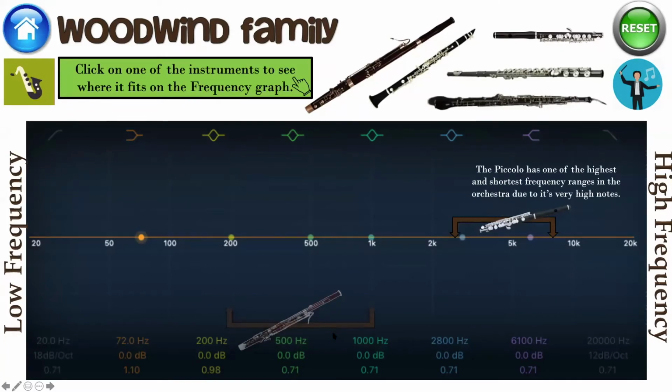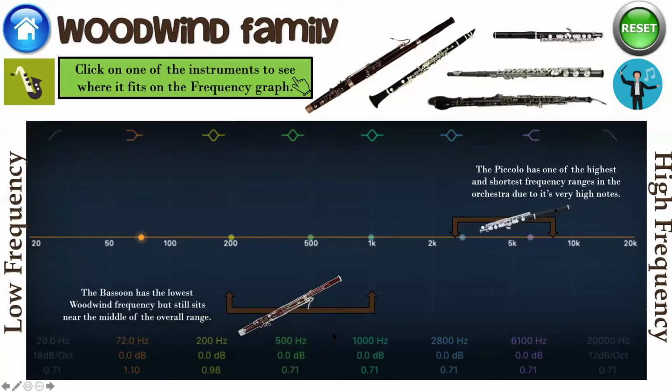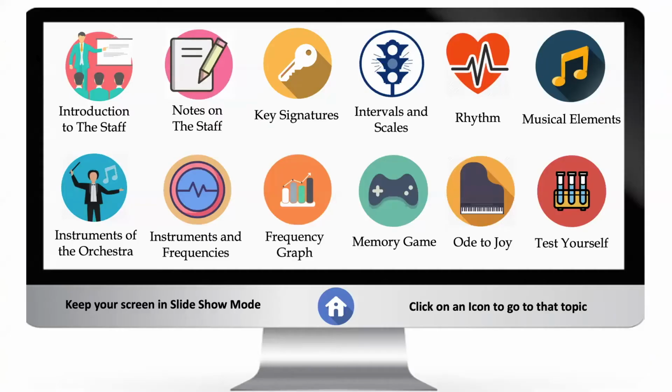pitched instruments. So even though this resource is predominantly used at Key Stage 3, the time and effort that's been put in makes it easier for even Key Stage 4 and 5 if they're looking at what type of microphone to use for a piccolo and why that would be different to a bassoon because of the sound characteristics. So if I go back to the homepage again, this takes me right back to the start. So I can go through all of the different topics. It might be that I decide to look at